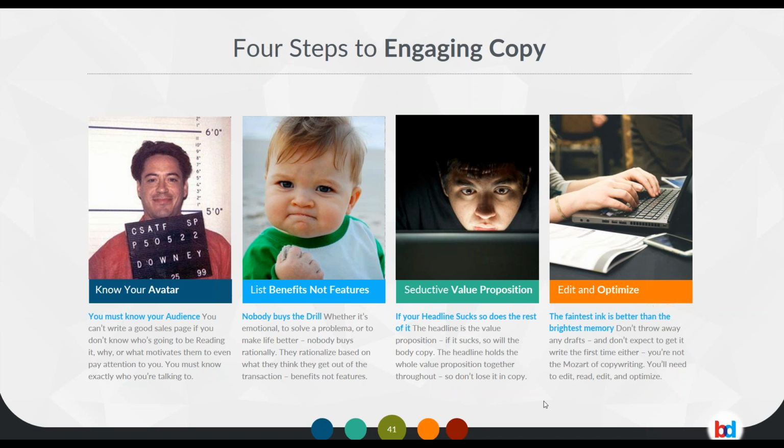And you want to optimize on the basis of behavior. Either you want deep empathy, or you want them to believe life's going to be better, or you want them to take some sort of action. And so your copy needs to be constantly marching people towards that. Those are the steps to writing engaging copy.